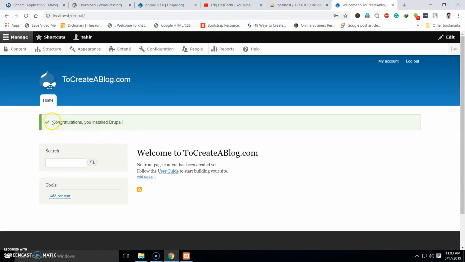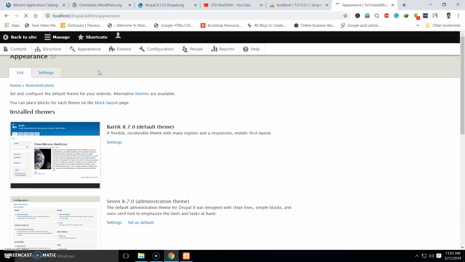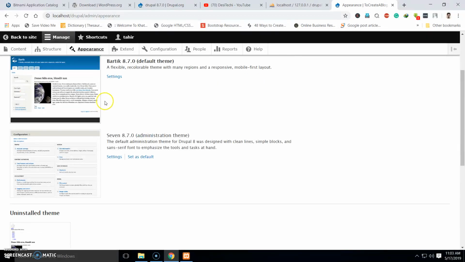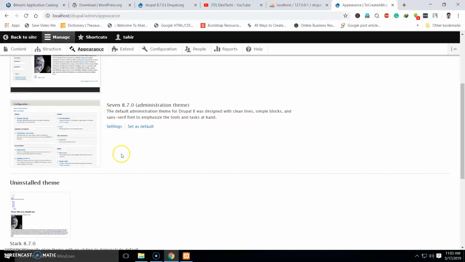And you can see this success message. We have successfully installed Drupal and we are already logged in. Now we can go to dashboard. So let's go to appearance to see available themes. So we can also change these themes.